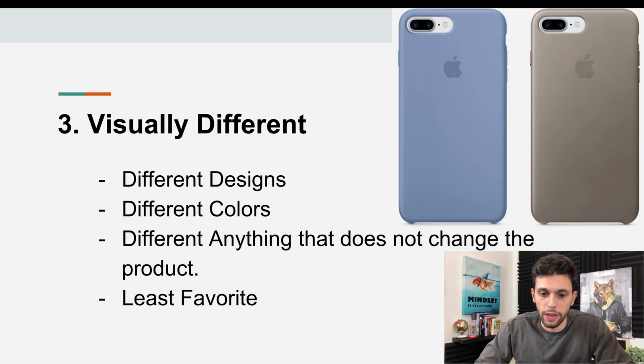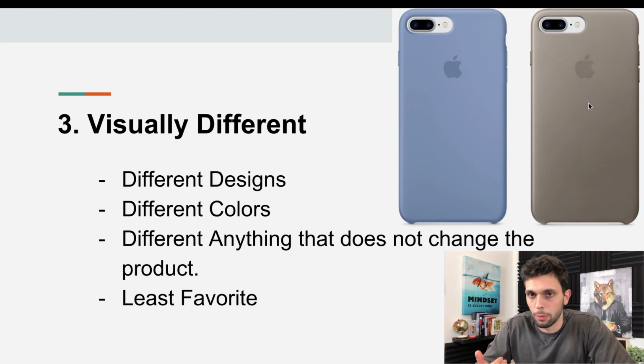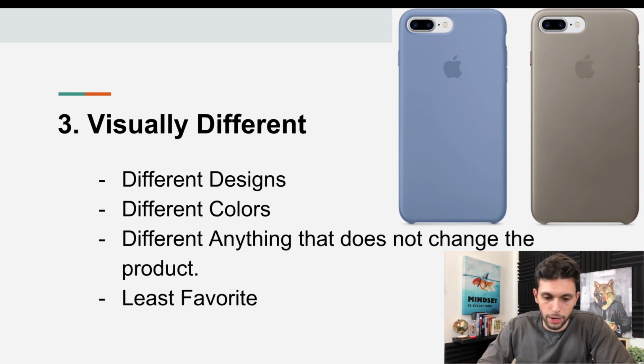Now the third one, and my absolute least favorite to do, I hate doing this one, and I'll explain more about why later on in this video. But basically, it's about having a product that's visually different. So if your competitors are selling blue, sell black. If your competitors are selling with no patterns, sell with patterns and designs and stuff like that, right? So anything that changes the look of the product visually, but not functionally. And like I said, my preferred way to differentiate, my preferred way to stand out is to improve the product functionally. All right, so this is my least favorite. I absolutely hate it, and I'll explain why in a little bit.